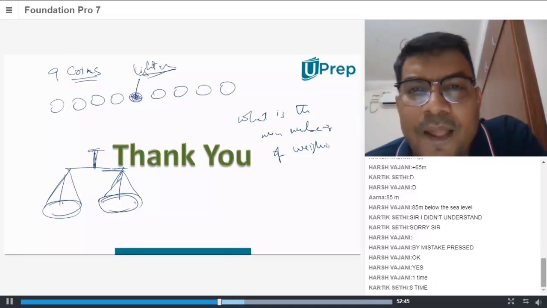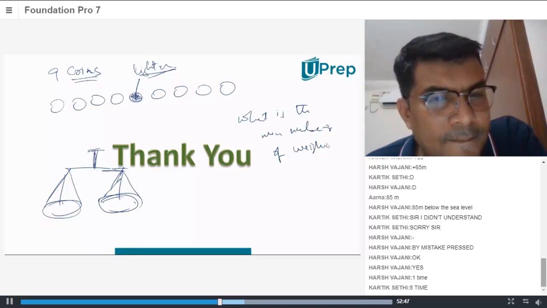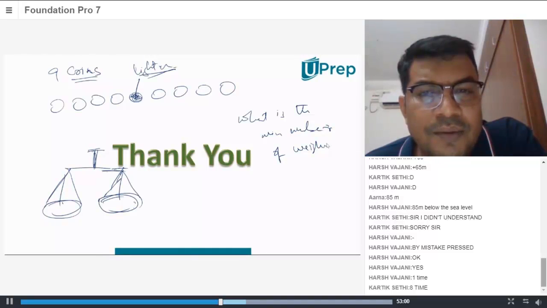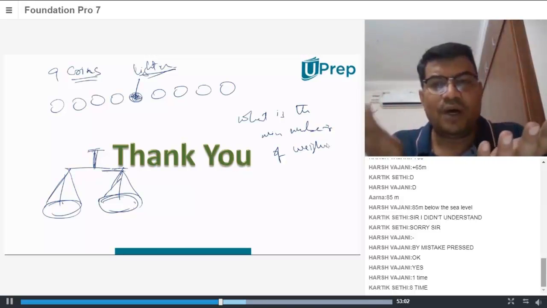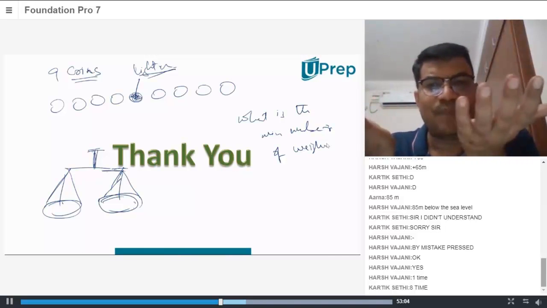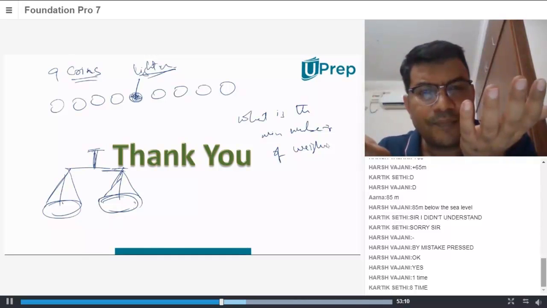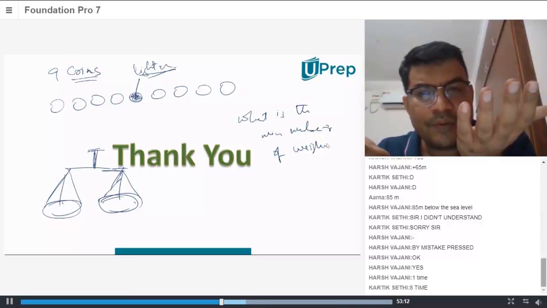Yes, sir. So here 8 coins are similar. So if one time we take one coin which is similar and the lighter one, then if we weigh 2 times, only then we can know that one is lighter. So how many will you keep, say let's assume I have a right pan and left pan. How many will you put on the right pan and how many on the left pan? Right pan 8 and left pan 1.